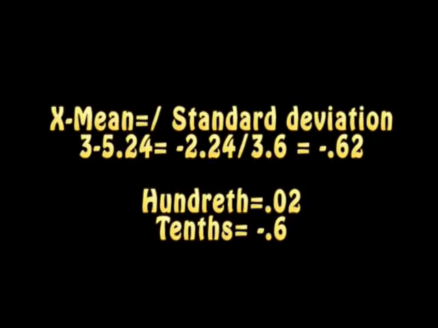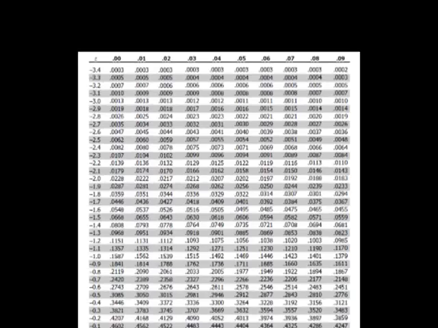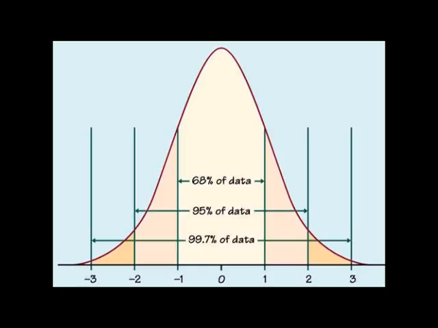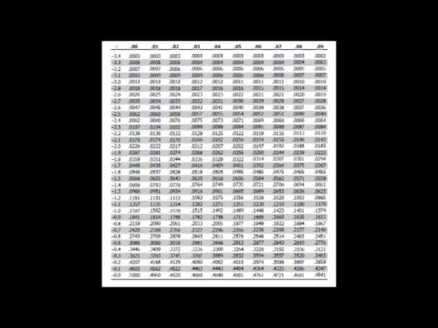So one of our answers was 0.62. The hundredth spot is 0.02. The negative 0.6 can be found on the left side of the chart. So 0.62's z-score is 0.2676. Whenever we multiply our answers by 100, we can also get our percentage. This is what a regular z-score looks like. The z-score achieved by the formula can be found on this z-graph. The 4 decimal point chart gives the percentage for the chart if you multiply by 100. These percentages are